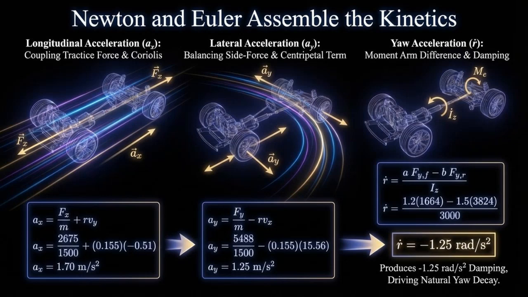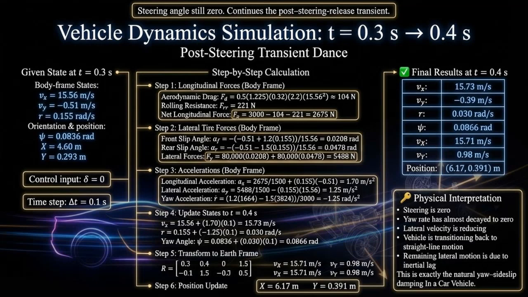Together, these three accelerations fully describe how the vehicle translates and rotates during a maneuver. Let us now look at state integration. We use a first-order Euler integration with a time step of 0.1 seconds and update the states up to 0.4 seconds. During this step, the body frame longitudinal velocity, Vx, increases to 15.73 meters per second due to the applied